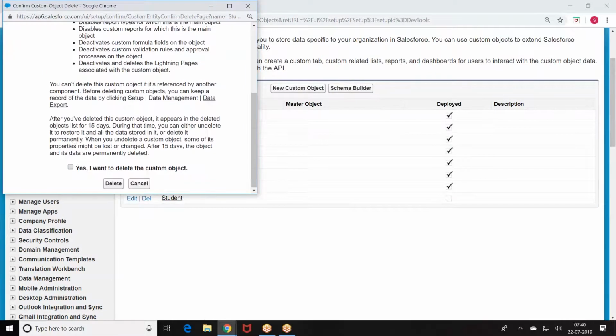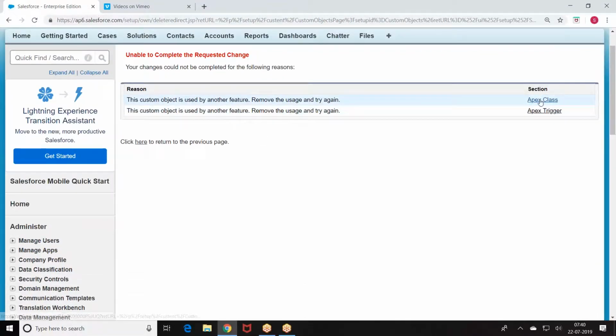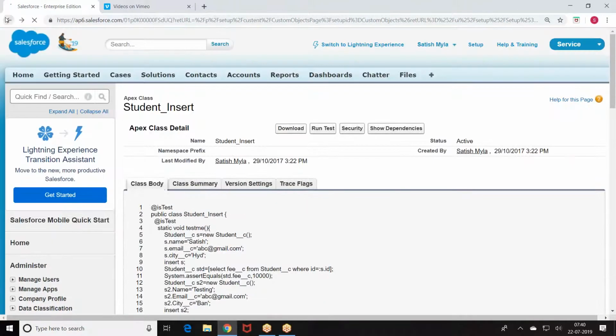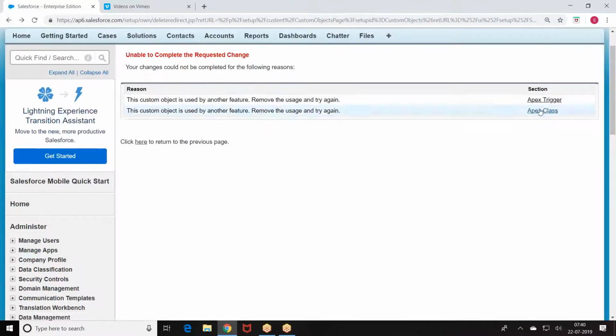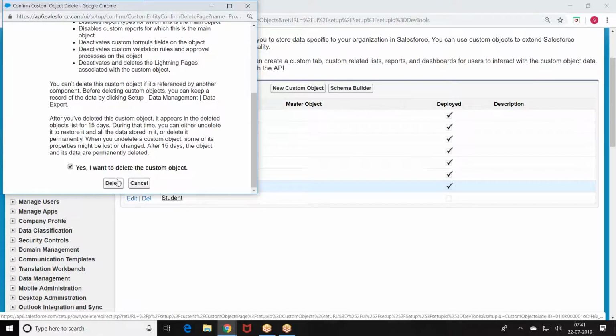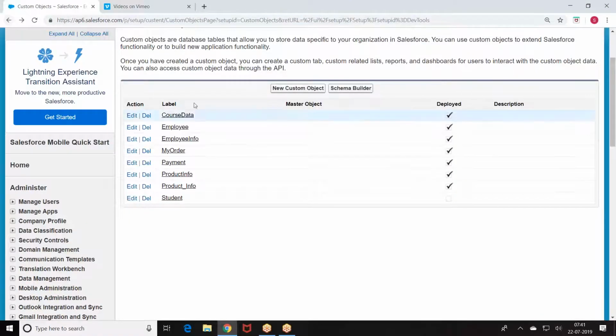So is it possible to delete an object from the production? This is an Apex class and trigger. Unless this class is deactivated, I cannot delete it. We cannot deactivate classes and triggers directly from the production. Are you getting my point here?